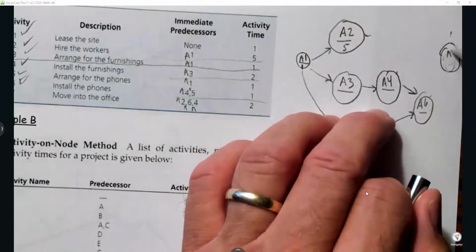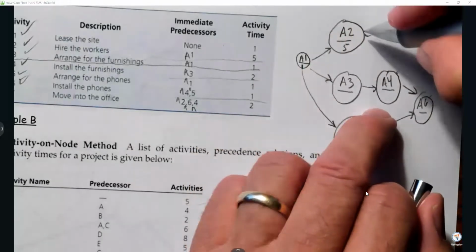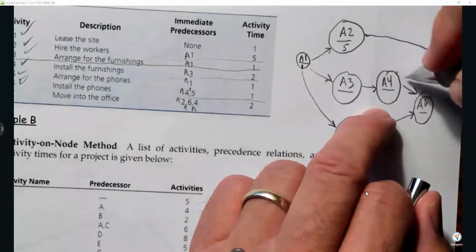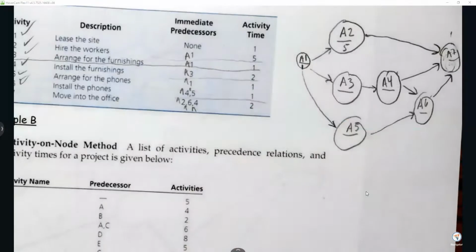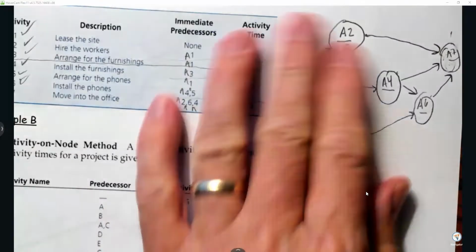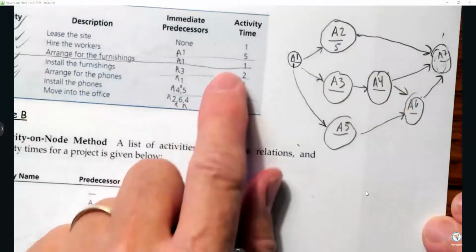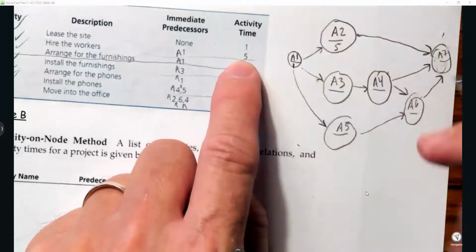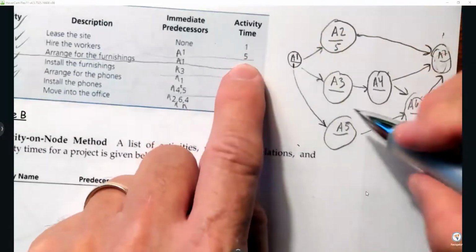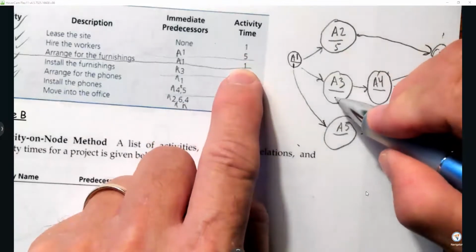A7 comes from A2, A4, and A6. And there's my network diagram. Now you say I need my numbers. Okay, sure, I will. I know that A1 is 1, A2 is 5, A3 is 1,